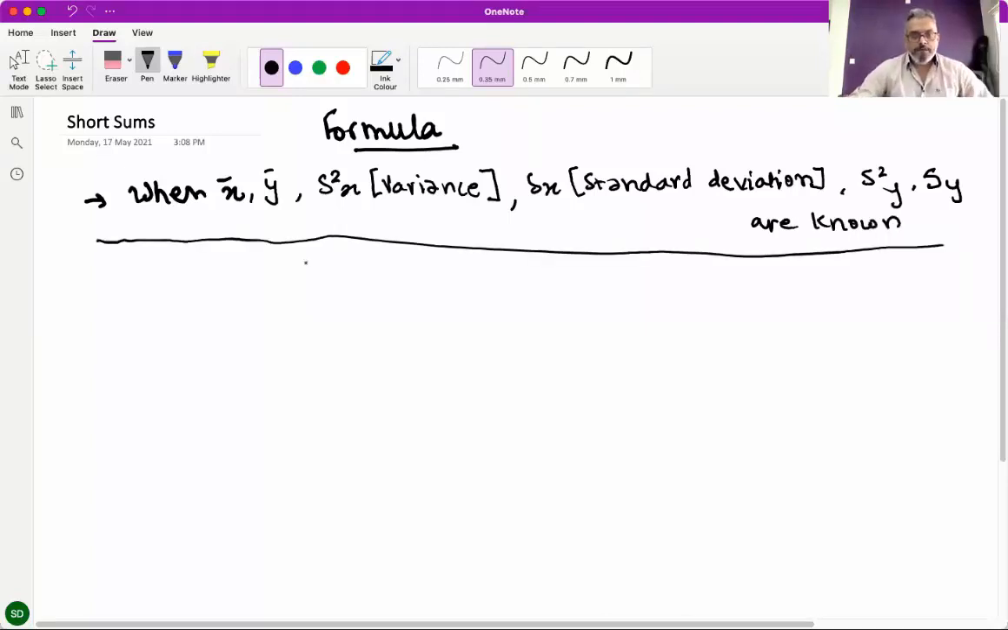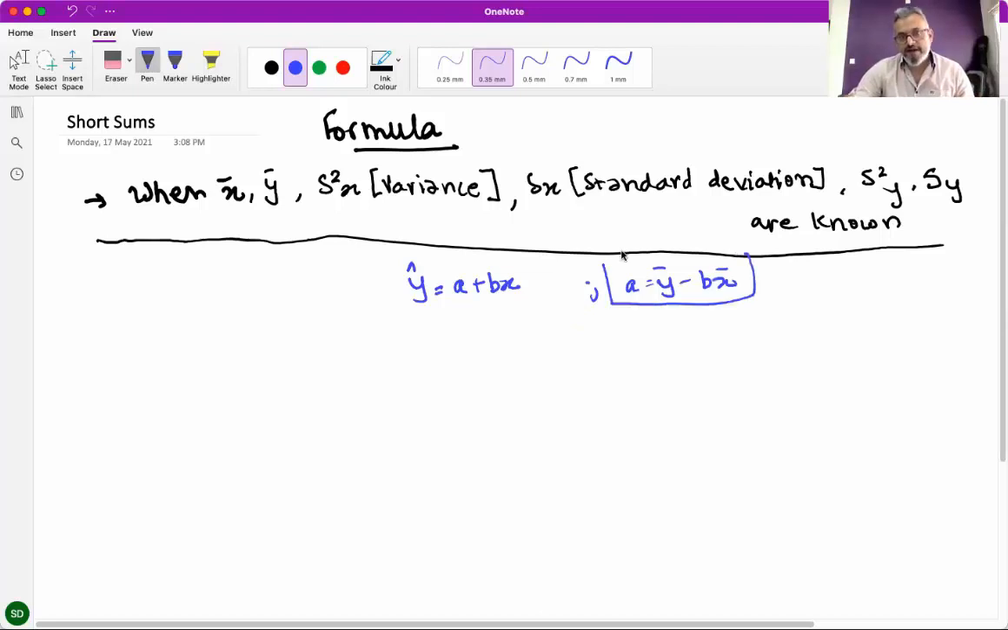So now the main equation is y cap is equal to a plus bx. Now for finding a, we know a is equal to y bar minus bx bar. So this remains the same. There is no change in the formula for finding the value of a. But for finding b,